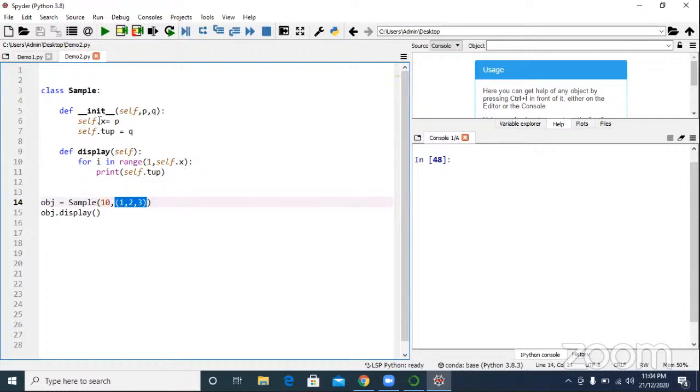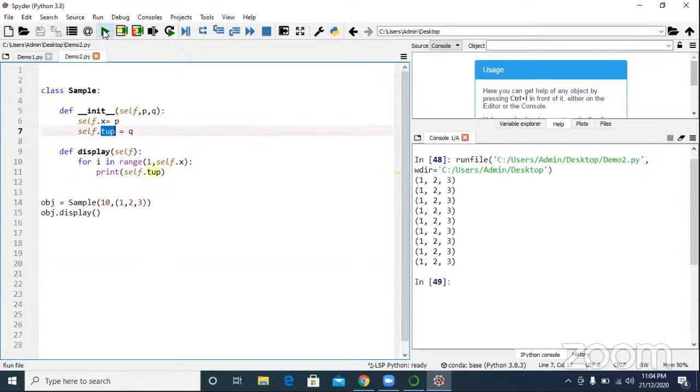What is the x value? 10. Tup equal to (1, 2, 3). This is a parameterized constructor, a constructor having two parameters. One is p, one is q. P is getting initialized to x, q is getting initialized to tup.